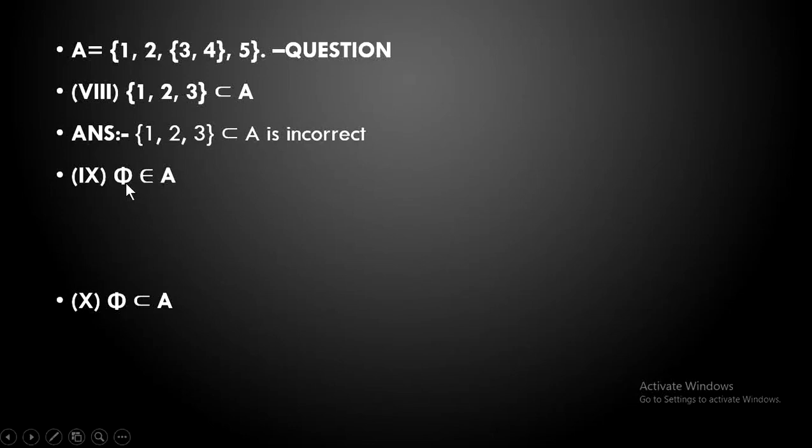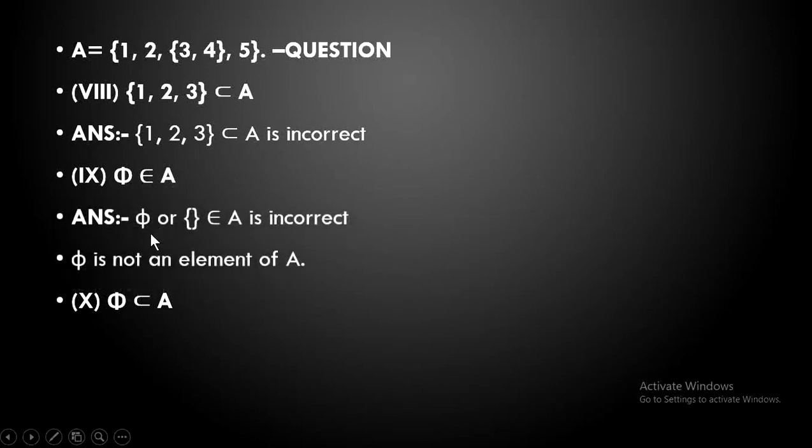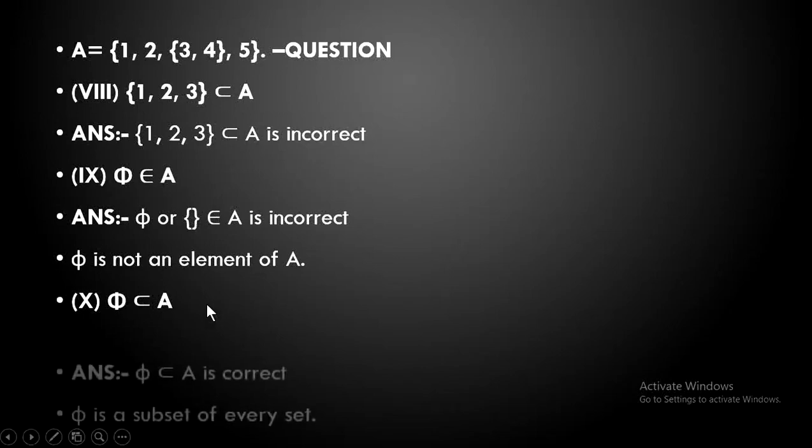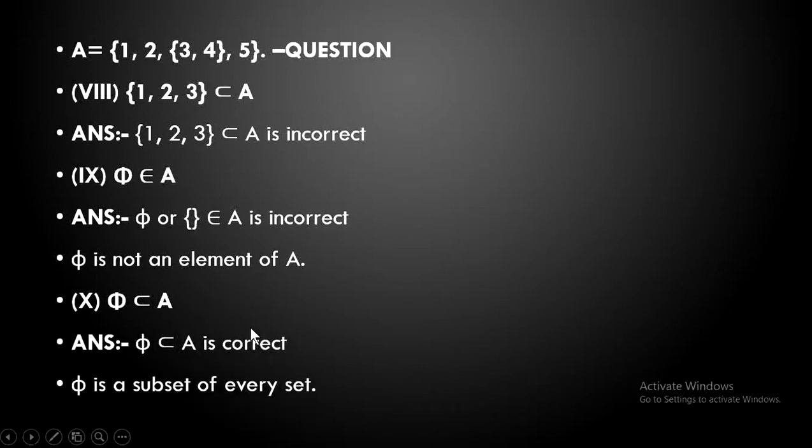Next one, they are saying 5 belongs to A. Again you can see that 5, or you remember, it is an empty set. Now this belongs to A. The statement is incorrect because 5 is not an element, it is a set. If you say 5 is a subset of A, then that would have been correct because an empty set is a subset of all the sets.